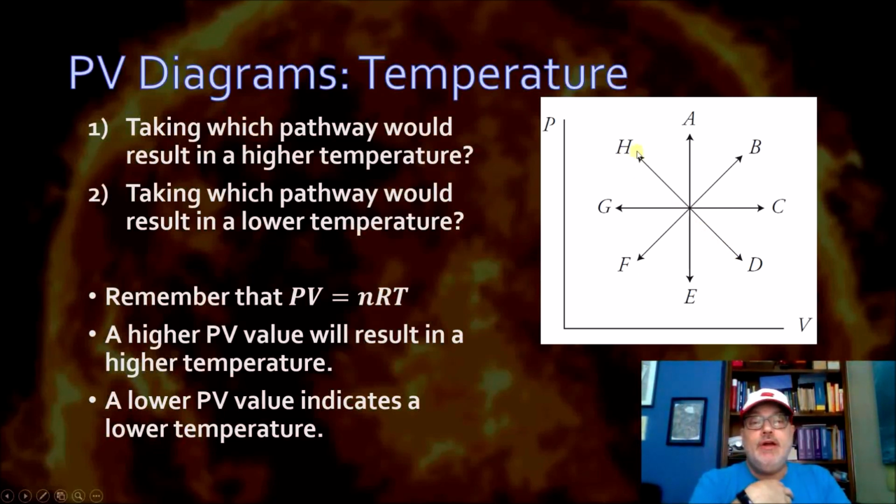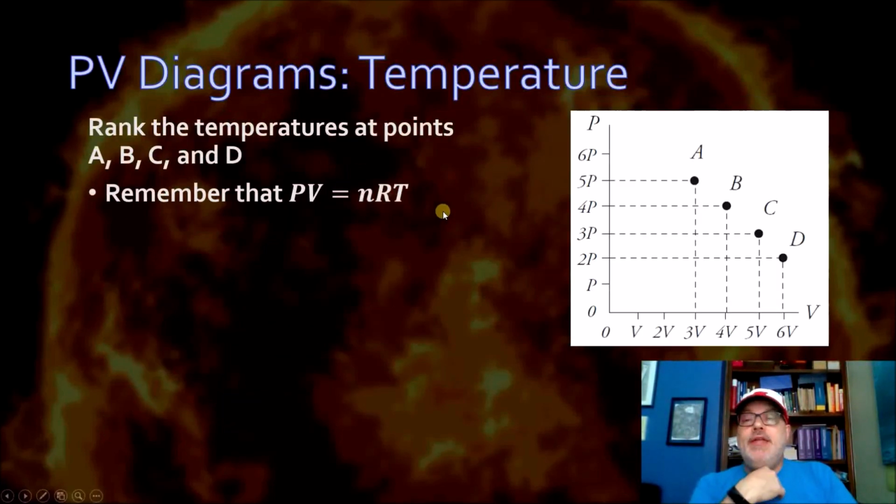We're going up in pressure for H, but down in volume. So it depends on the relative magnitude of each and whether we would go up or down in temperature. All right, let's see if you can rank these temperatures on these points right here. So point A, B, C, and D. How would you rank those